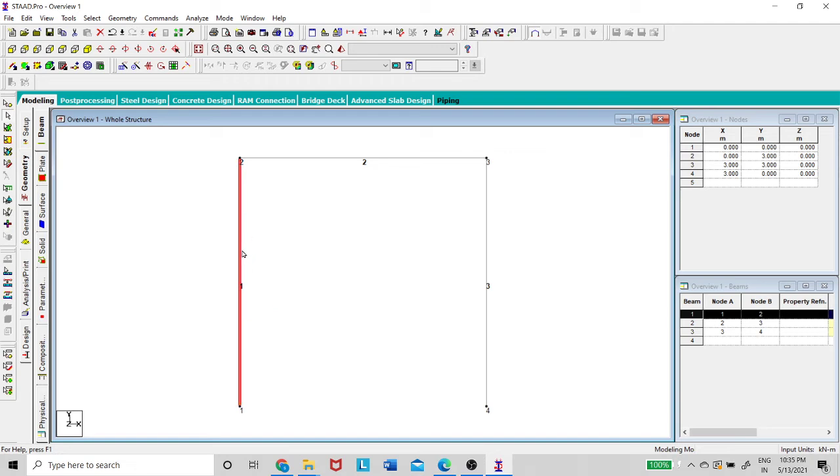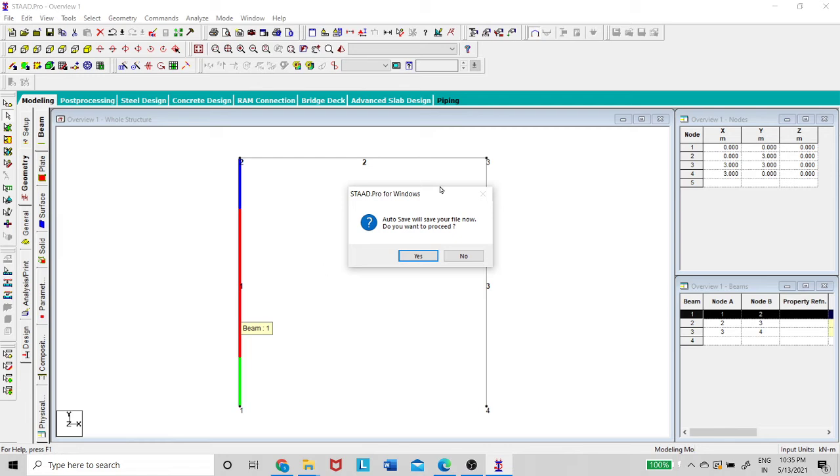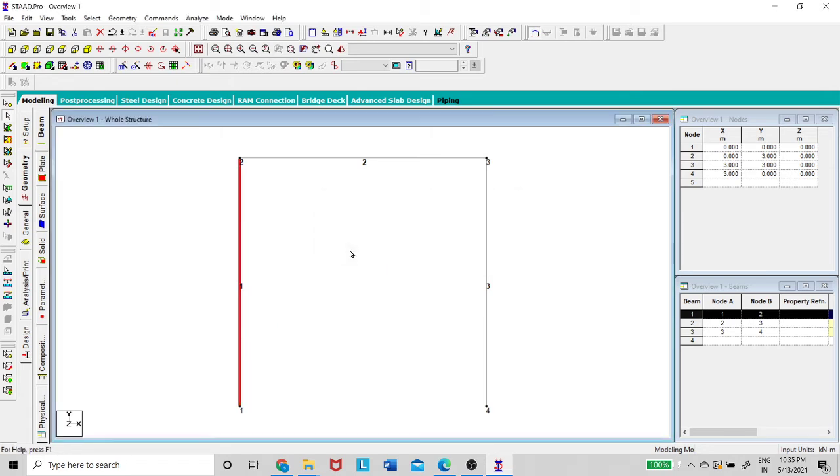Whenever you select and keep your arrow on the member, it will show the 3 segments. The first segment will give the starting node, and the second segment will give the ending node. And every 5 or 10 minutes the auto save option will appear, and then you have to press yes.